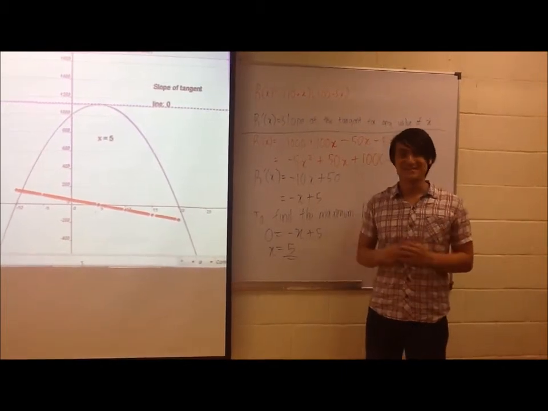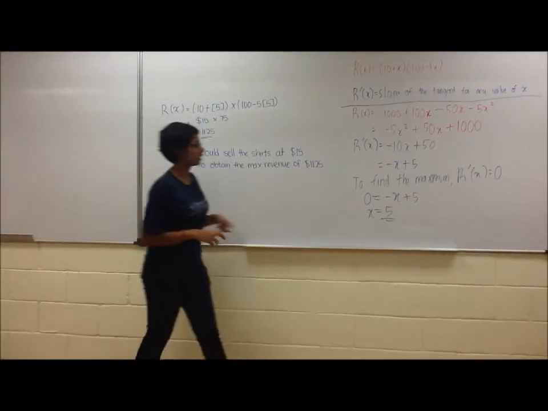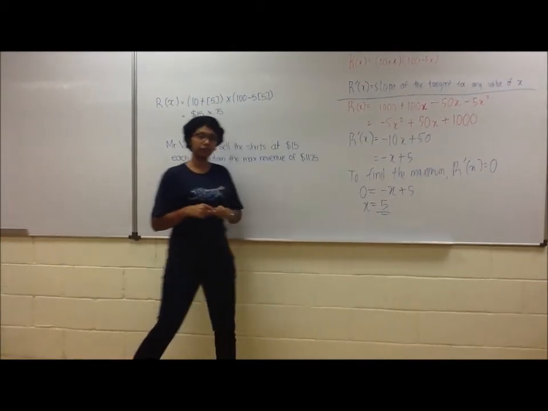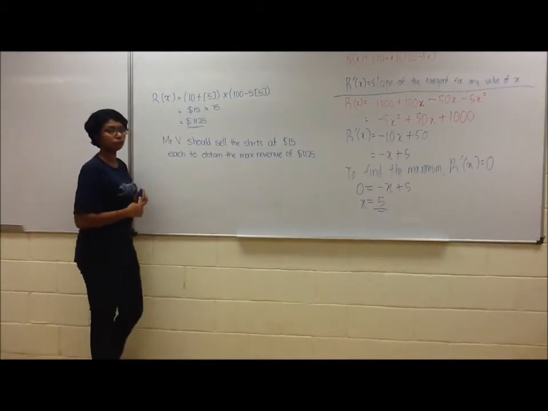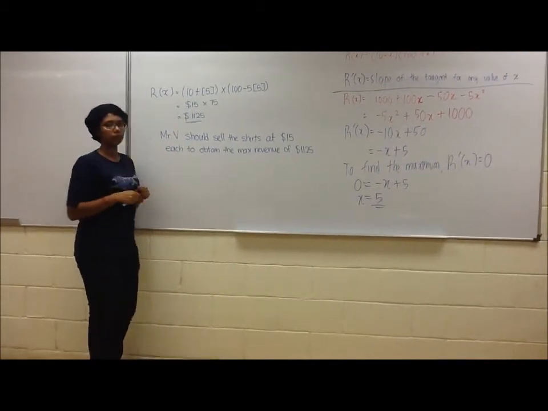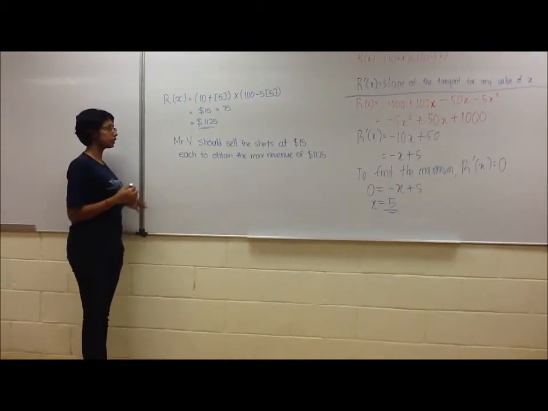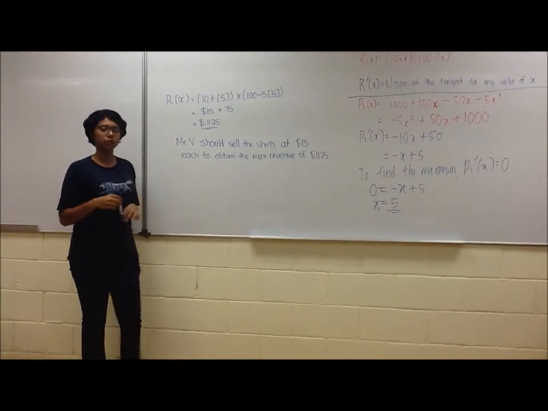Don't you just love differentiation? Therefore, from all the calculation, we know that x must equal 5 in order to gain the maximum revenue. So by substituting x equals 5 into the revenue function, we will get the total revenue to be $1,125. Therefore, Mr. D should sell the shares at a price of $15 each to obtain the maximum revenue of